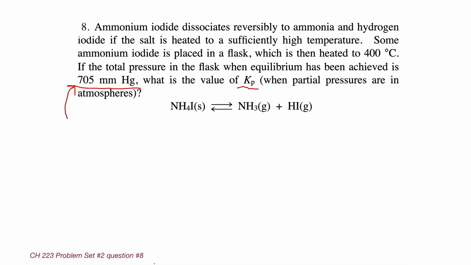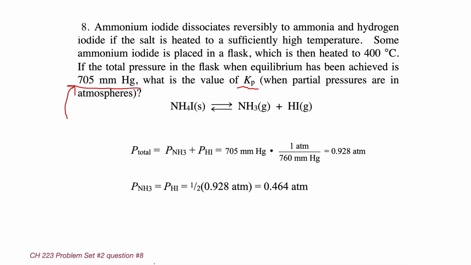Now we need to turn millimeters of mercury into atmospheres and then multiply them together. You can see here what I did in this example is I turned that first into atmospheres. So 705 divided by 760 is how you turn it into atmospheres. 0.928 atmospheres is the total pressure. And again, because half that pressure is ammonia and half is HI, you can take half that 0.928, or 0.464 atmospheres. That's the pressure of each gas. And then Kp is the pressure of ammonia times the pressure of HI, or 0.464 times 0.464,